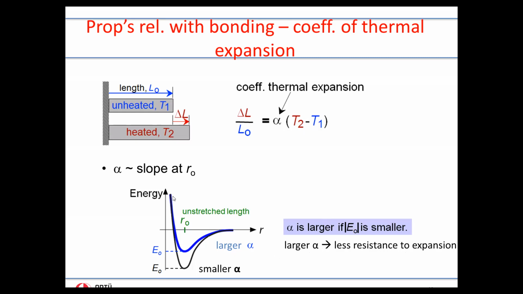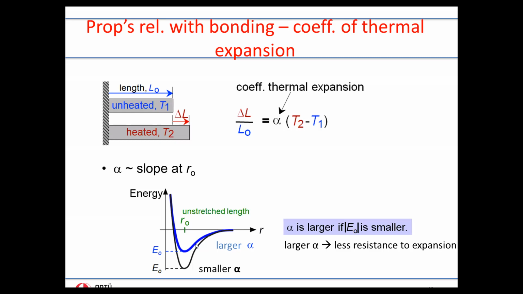So when you compare a hypothetical blue and a hypothetical black material represented by these curves here, the minimum energy, or the bond energy, of the blue material, or the blue atom pair, is lower in absolute value because it is smaller. This makes it easier for the bond to grow in the positive R direction. Hence, this slope here is smaller